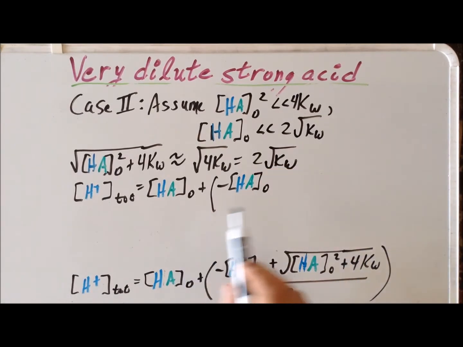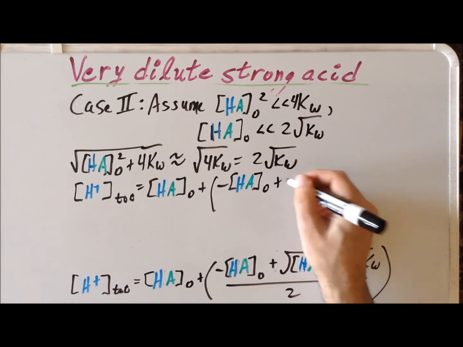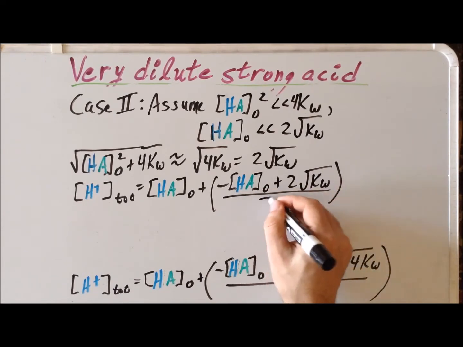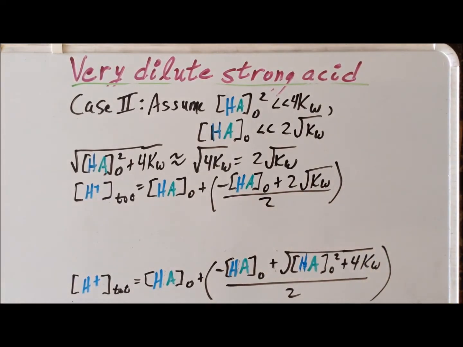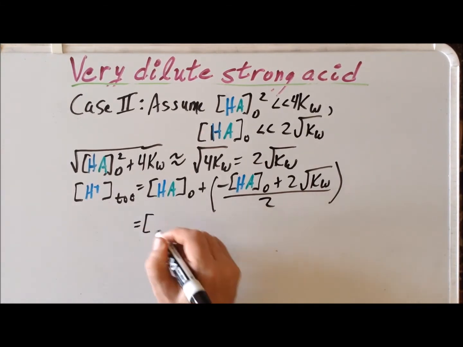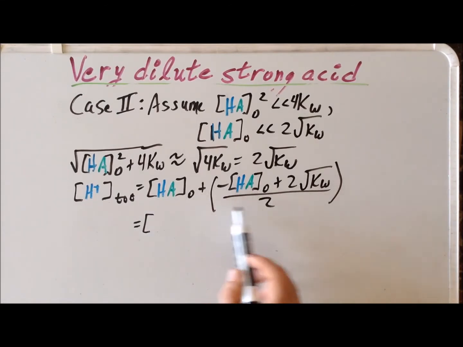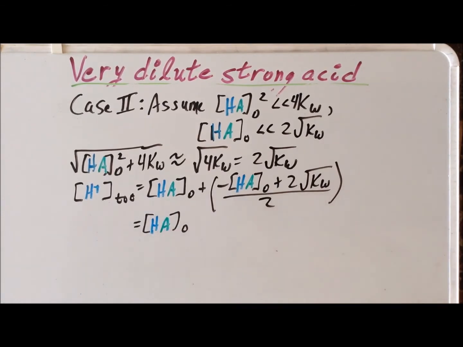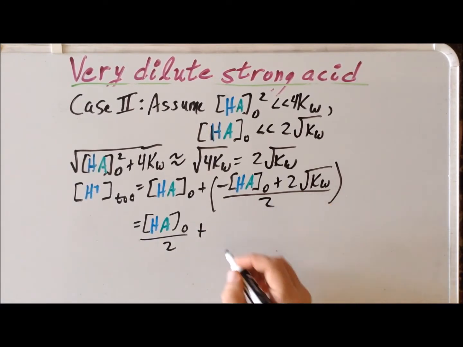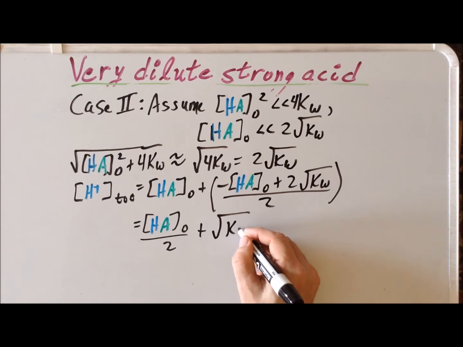The expression under the square root we've simplified to plus 2 times the square root of K sub W, all divided by 2. So now we can combine the concentrations of HA, so here we have HA, and then we have minus HA divided by 2, which gives us the concentration of HA initially divided by 2, plus, we can cancel the 2's and we get plus the square root of K sub W, which again looks a little ugly